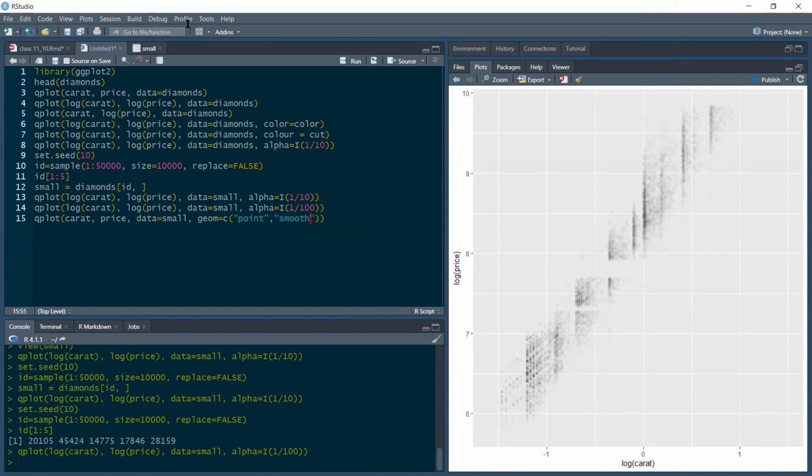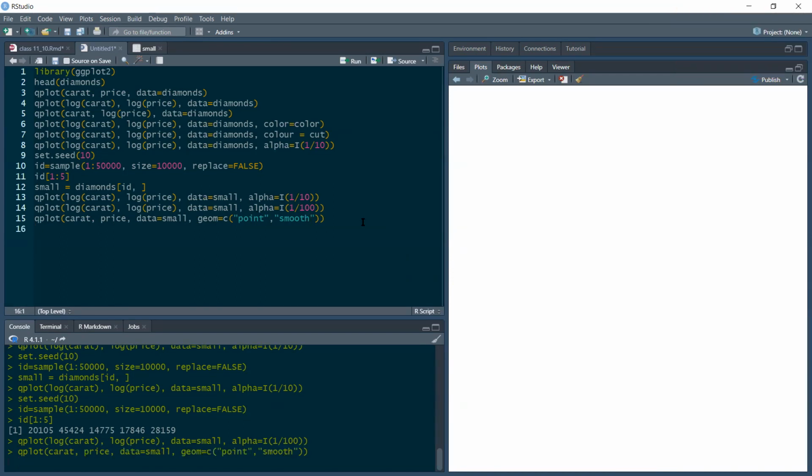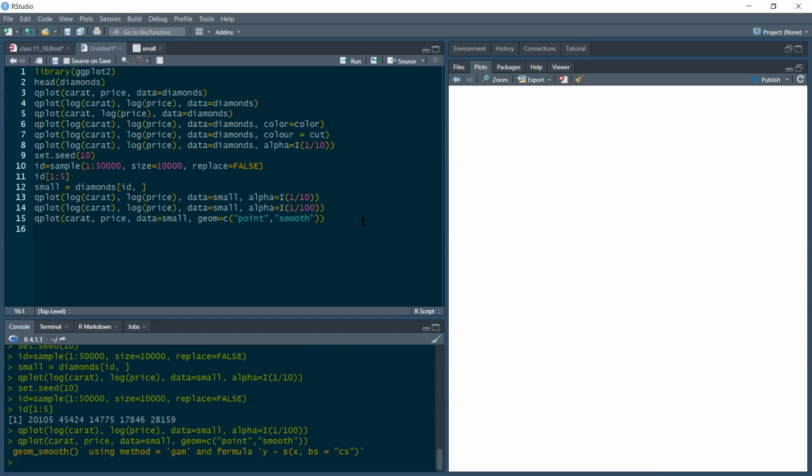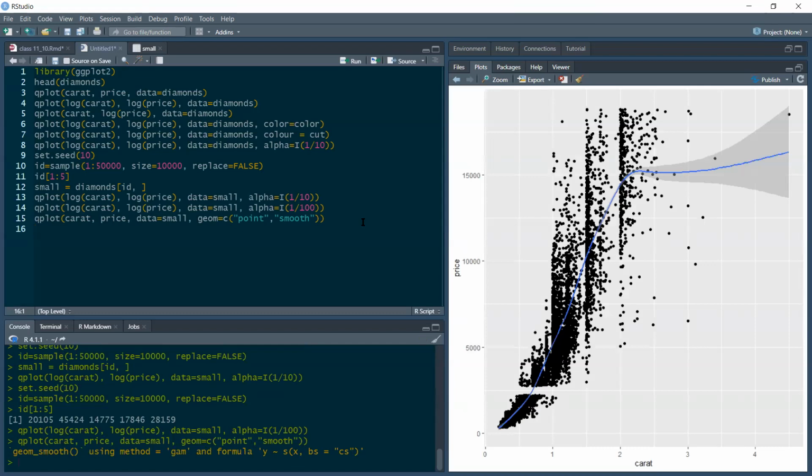Okay. Could I run this? Yeah, please. Let us see. So it tries to fit a smooth curve. Typically, it's called a spline curve.